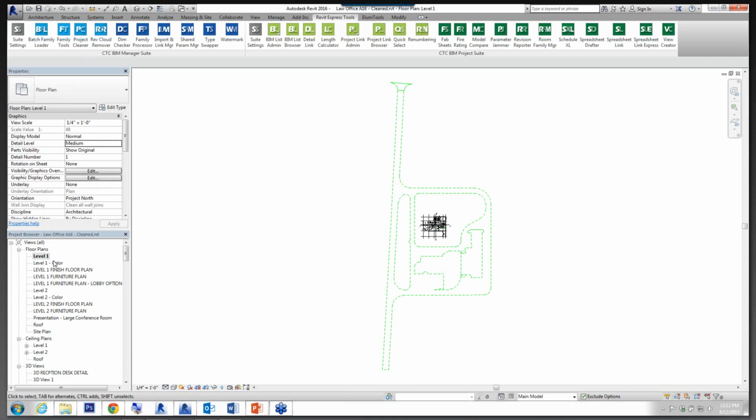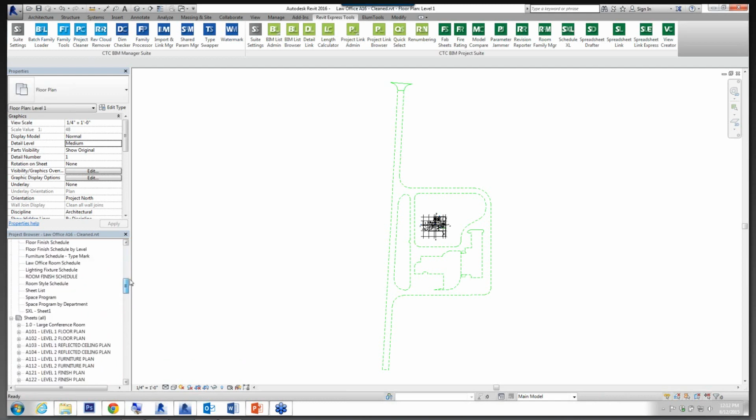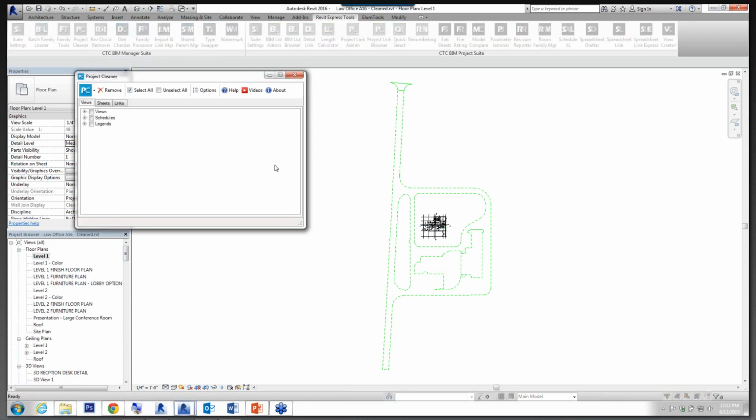So this particular project, you can see it has lots of views, floor plans, 3D views. There's several schedules and several sheets. And so if I click on the Project Cleaner tool, with just a few quick clicks, I can select all of the views, schedules, and legends to be removed. By checking the box next to views, that checks everything